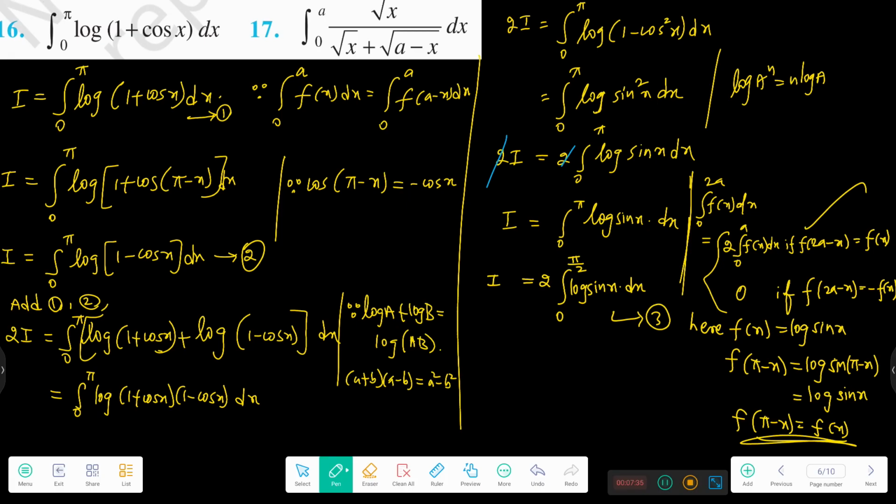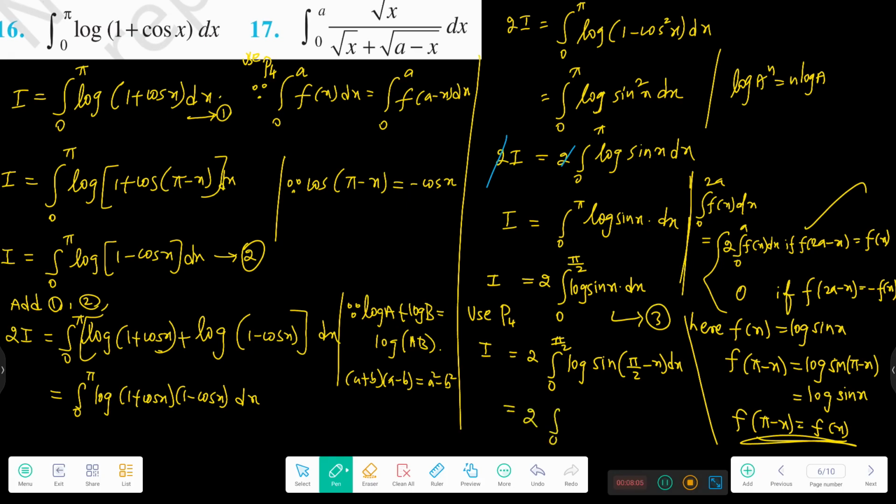Okay, the same property, again this property I am going to use. Property number 4. With the help of property number 4, what am I getting? 2 times the integral from 0 to pi by 2 of log sin of pi by 2 minus x dx. What I used is P4, property number 4. Use P4, you will be getting